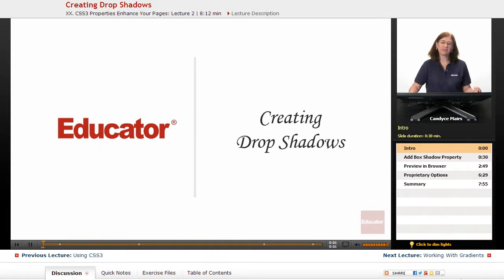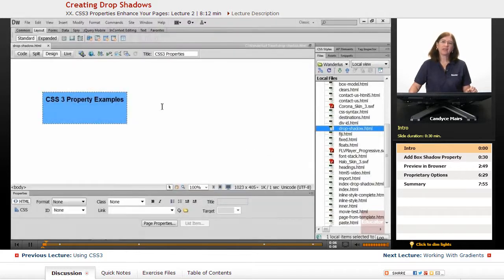We're now going to add the drop shadow effect to this box on the page, and we're going to walk through these CSS3 properties one at a time so you can get a feel for how each of them works, because the home page for our website has all of those properties combined on a few different objects on the page. So it's a little bit harder using that type of a page to show you what's actually happening with each of these properties. So right now I have dropshadow.html open, and that is a part of the course files